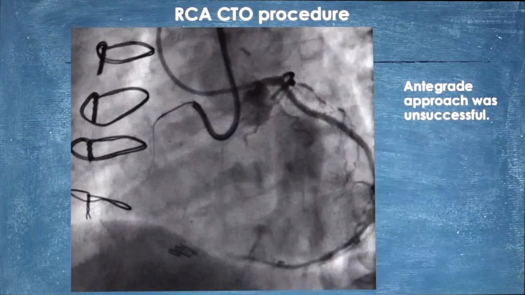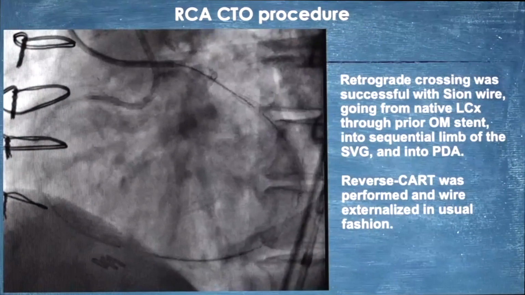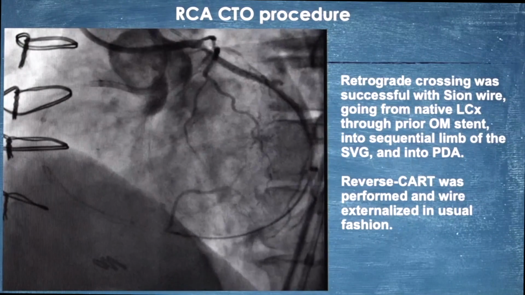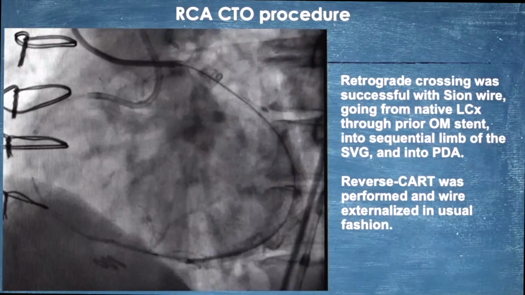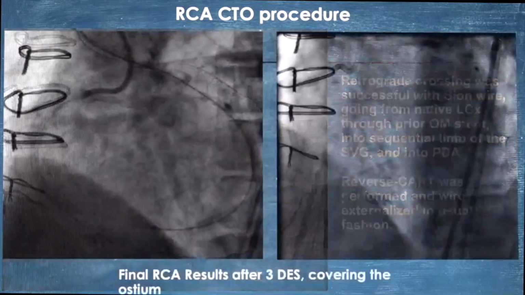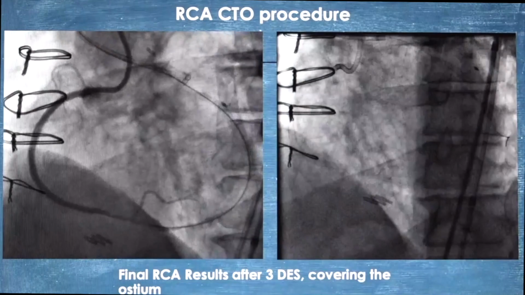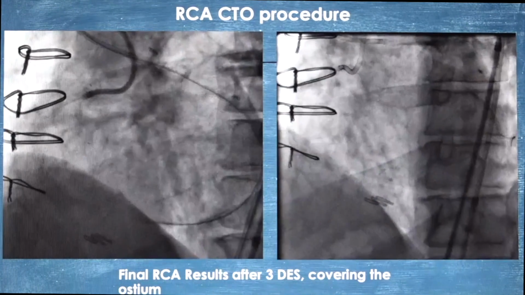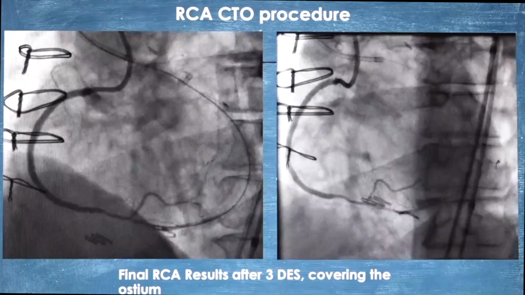Now, since we have a very good conduit from the circ system into the right system, we decided to do that. So we have a guide in the left main, and then we were able to wire through the circ, through the stent, into the sequential portion of the vein graft, into the PDA, into the RCA. And here are the results after we placed 3 drug-eluting stents into the RCA, covering the ostium, with good outflow